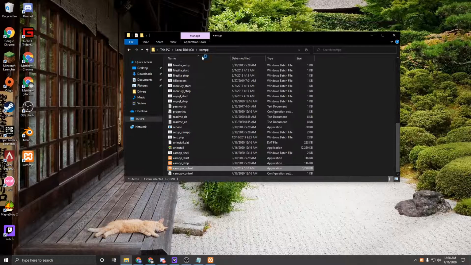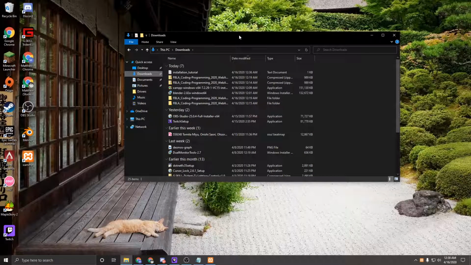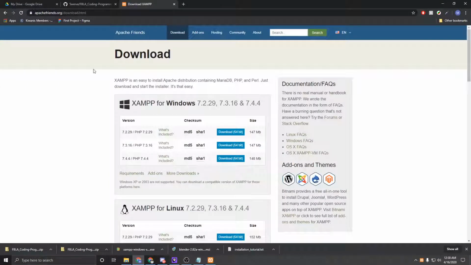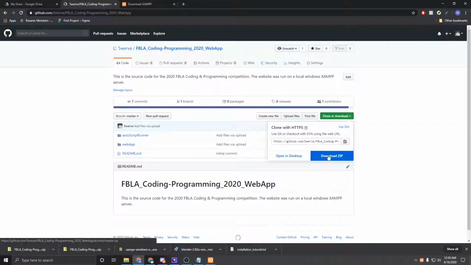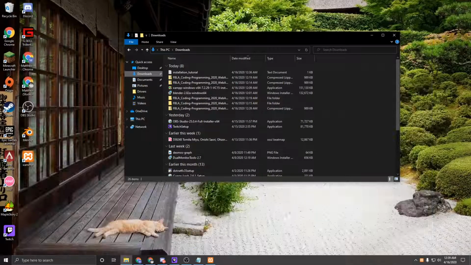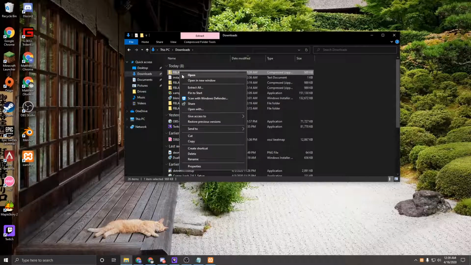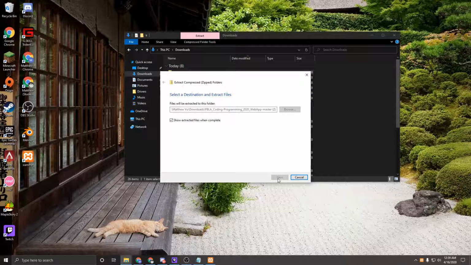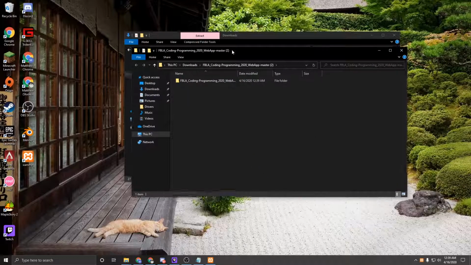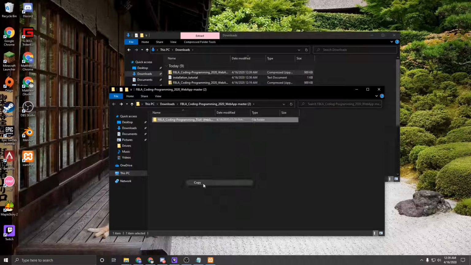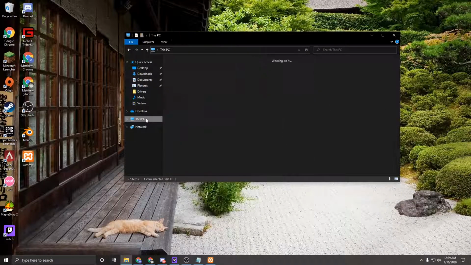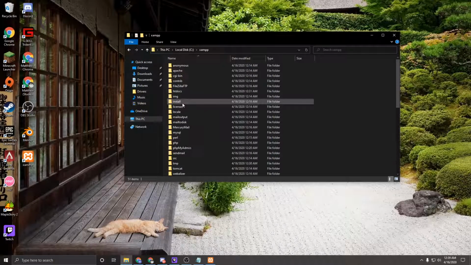And now is where you're going to get the folder for my web application. This link will be posted in the description later. So you're going to want to navigate to my GitHub repository. You're going to download the zip folder. Then navigate to that zip folder, and you're going to extract all. Once you've extracted it, you're going to want to copy this folder